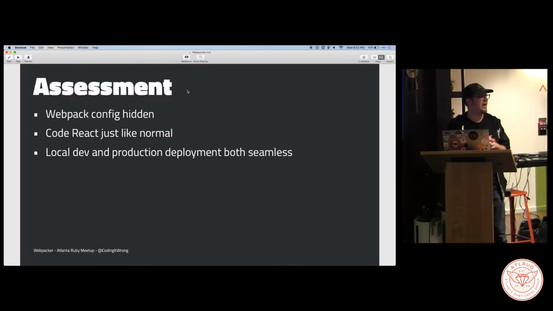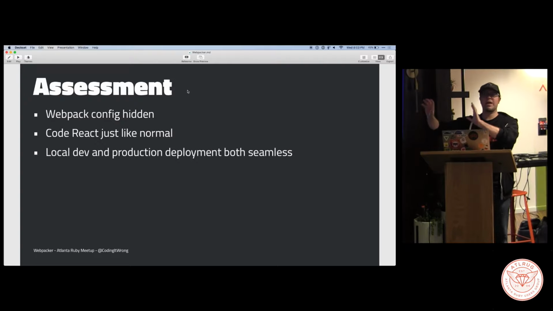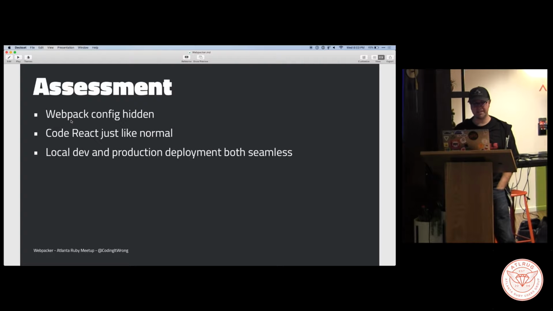In that case, you wouldn't need Webpacker. You just build React or Vue in whatever way you want. You host it on S3 or whatever. So Webpacker really works when you want to host this JavaScript application within your Rails app. So I learned JavaScript and React independently. And like I said, Webpack is famous for having super impenetrable config files. And so one of the